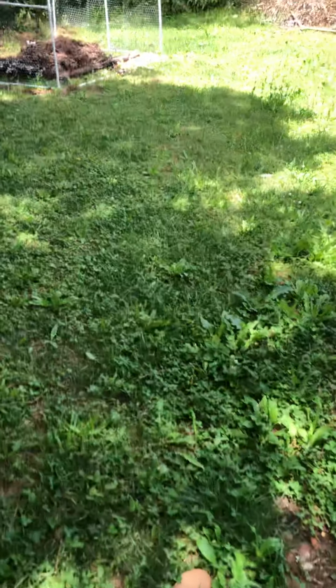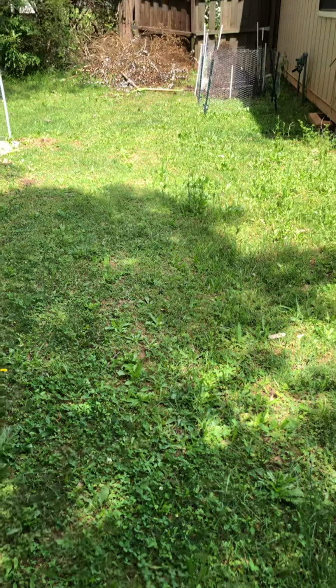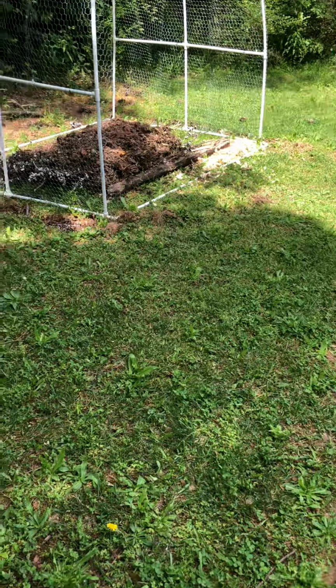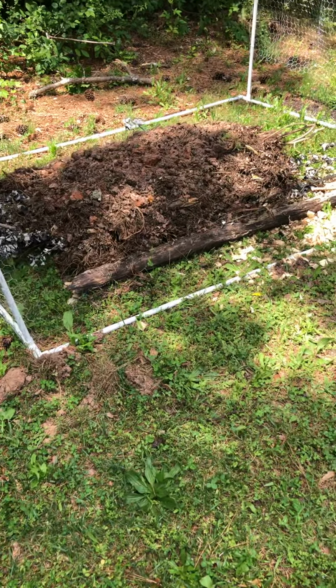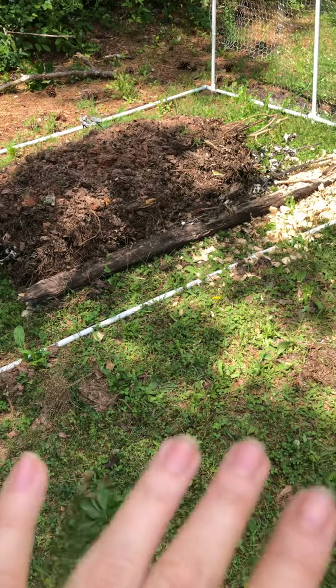Okay, someone asked about my compost pile, and I should not show you this hot mess because we need to mow. So I'm going to cover two things or three things at one time. This is the beginnings of my first hugelkultur pile. It is branches, really, not really logs. This is just a small startup one. But it's logs and branches,